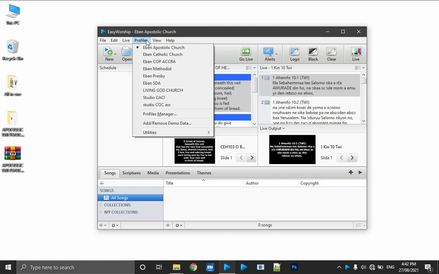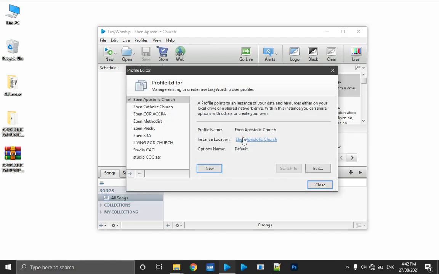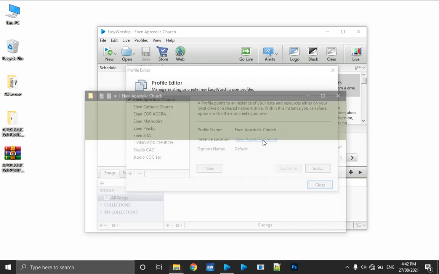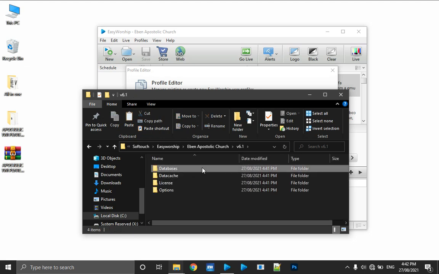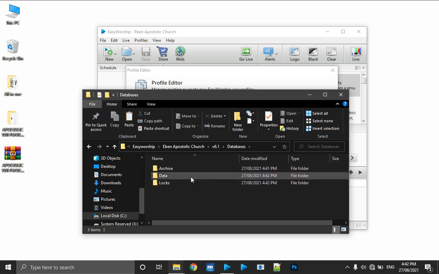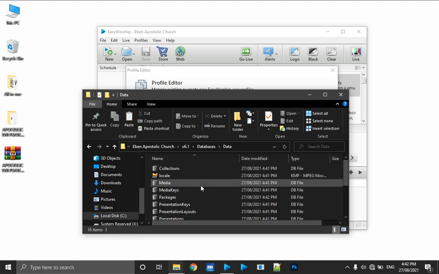Now we click on the profile menu, we choose profiles manager, and then we click on our profile name, instance location, just to open where our database is going to be. And then we open the v6.1 folder. Now we navigate to databases, we open that folder. Now we come to data, we open folder 2, and we press